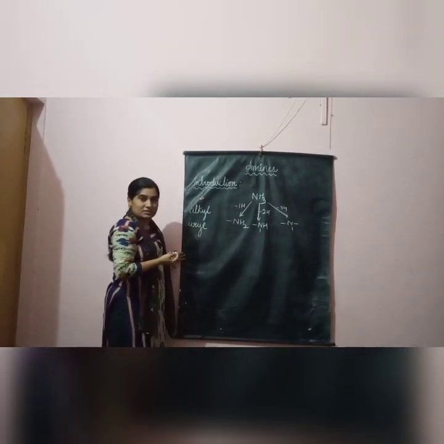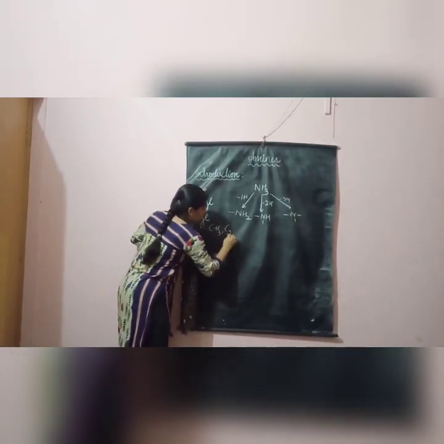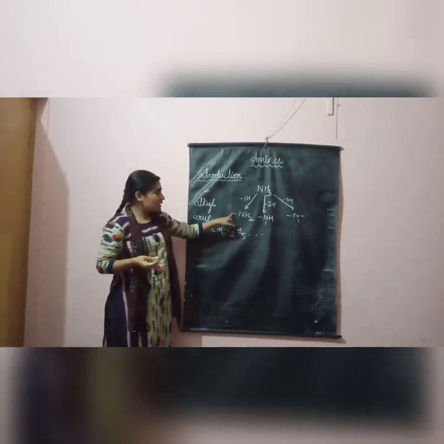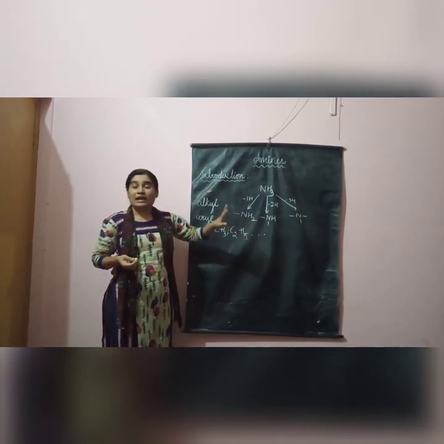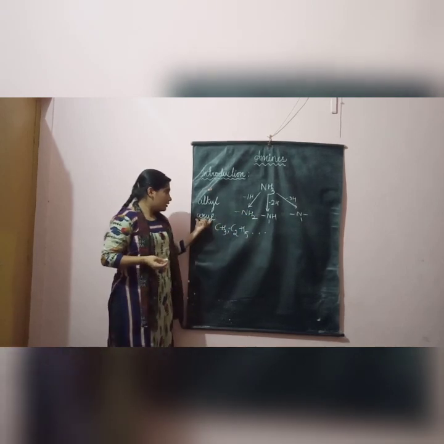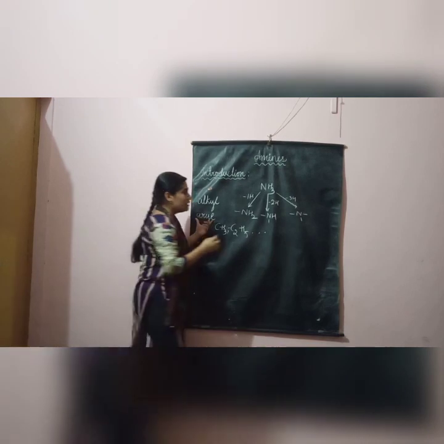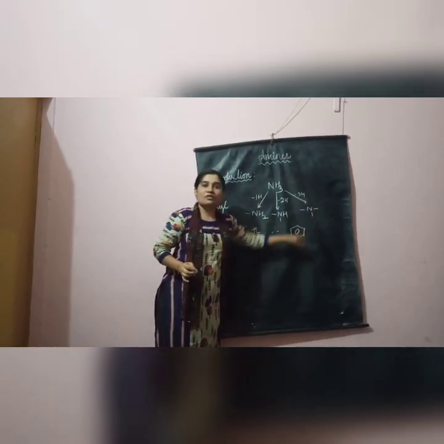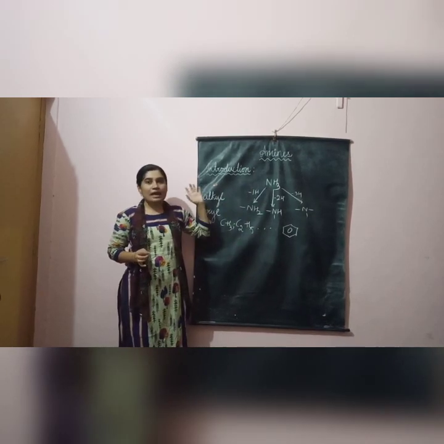So what is an alkyl group? Alkyl groups are aliphatic systems. We have learnt about this. It may be a methyl group or an ethyl group, or propyl, butyl can also be taken. So here I can fill this empty space by methyl, ethyl, propyl, butyl. Any alkyl group can be taken. Or I can use an aryl group. What is an aryl group now? Any aromatic system. When I hear the word aromatic, I remember what? Benzene. So these empty spaces can also be filled by any benzene ring. That type of compound is called an amine.